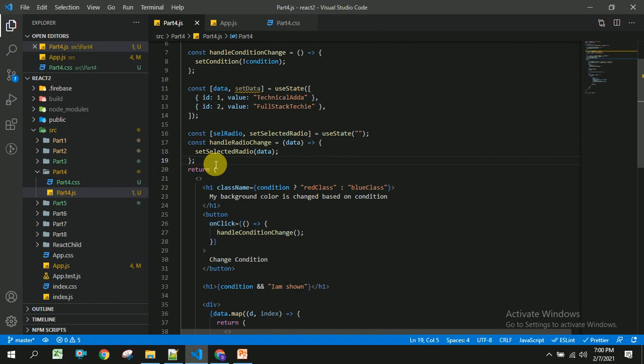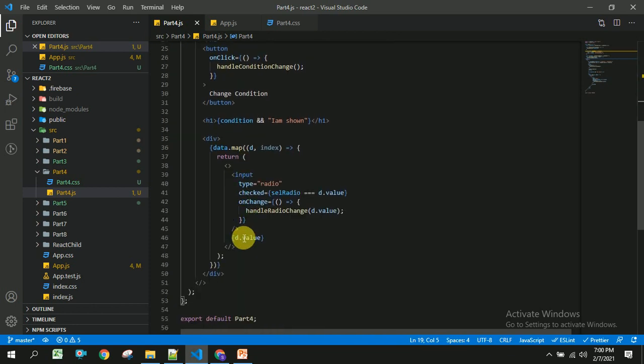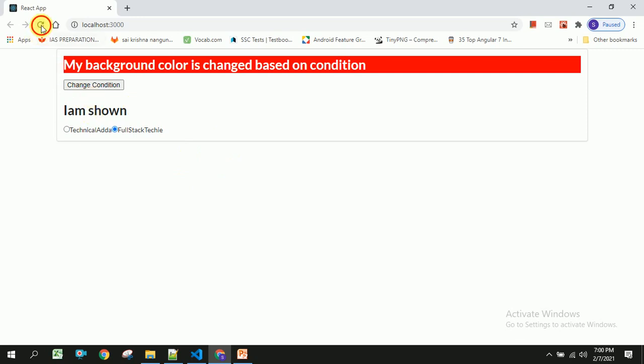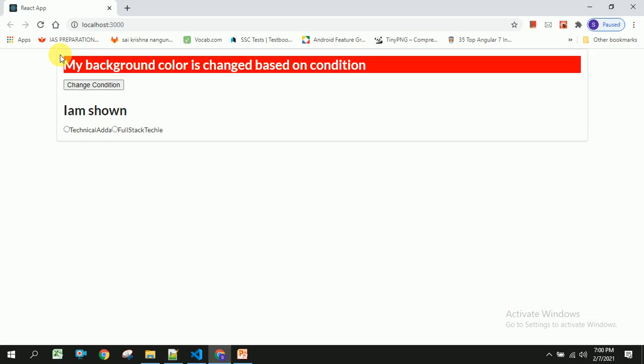Let us save this and check whether it's working or not. You should be able to see two radio buttons with the values. The user should be able to check only one radio button at a time.